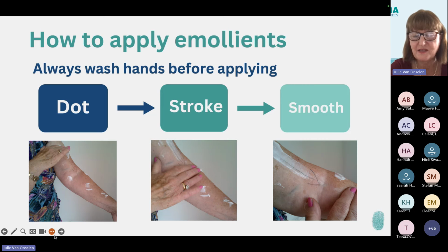I've had some recent really interesting research about the development of food allergies, and a lot of food allergy develops not necessarily through eating food, but through food substances being absorbed through the skin. And this is quite new research, but it has been known. So always wash your hands before applying, to make sure there's no food on the skin, or traces of nuts